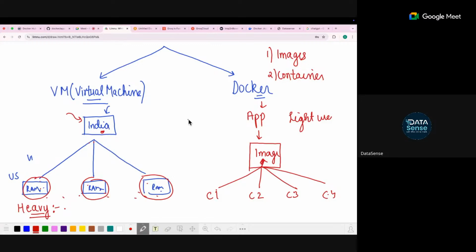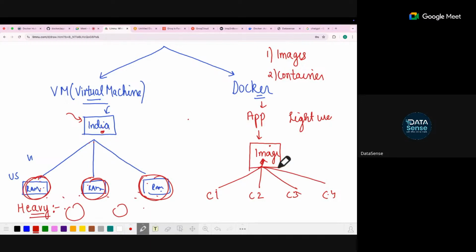So what is the difference between virtual machine and Docker? What is image and container, forget for now. Let's just follow the architecture. Here I'm utilizing the RAM and memory of each of the nodes that I'm having. Here I'm using the central node just to run all these things.